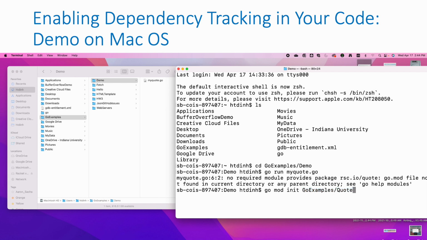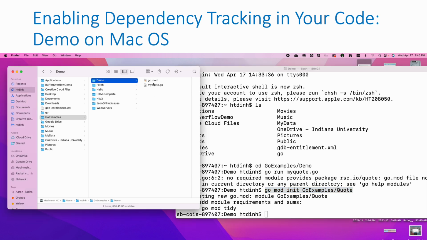And recall that this module path is independent of the path of the local directories of mycode.go. And we click this one, and so after we run this go mod init command, you see that it creates the go.mod file, and